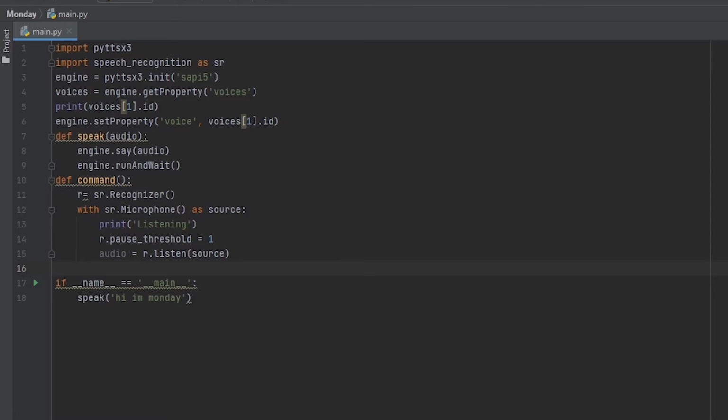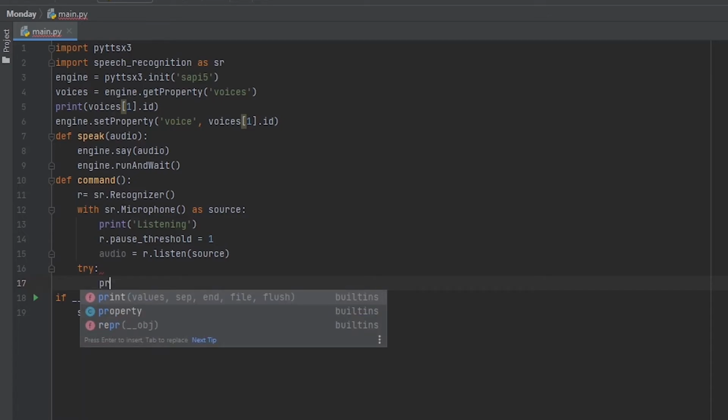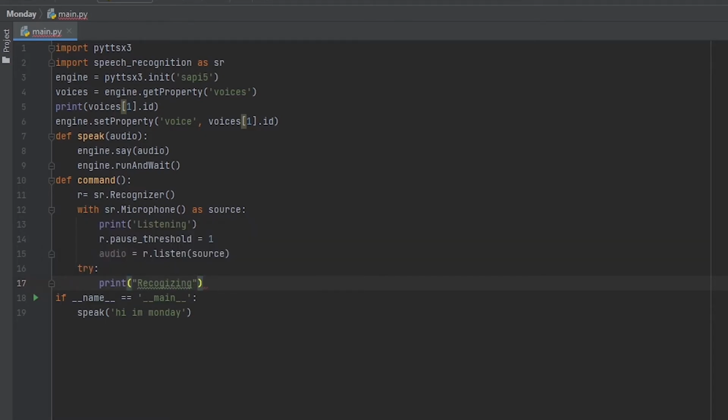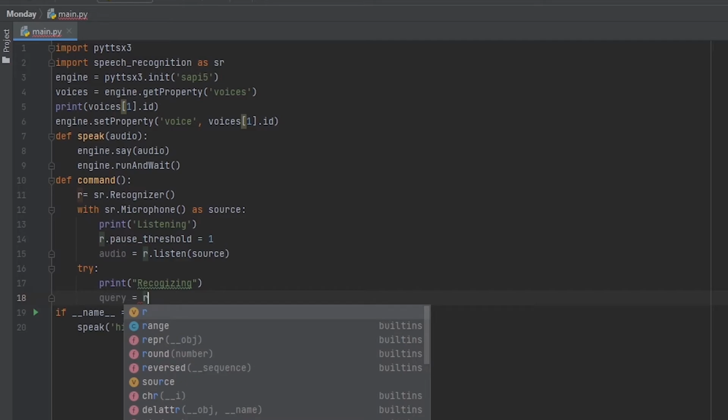So we will write a try, give it colon, and after that we will print "recognizing" here, and after that we'll say query. Basically it's a variable that we are going to use for this part. So query equals to r, which is our mic recognizer, r dot